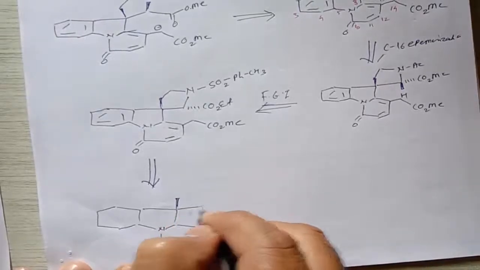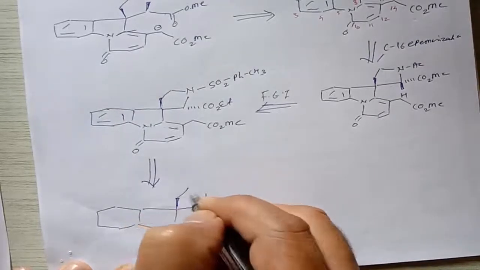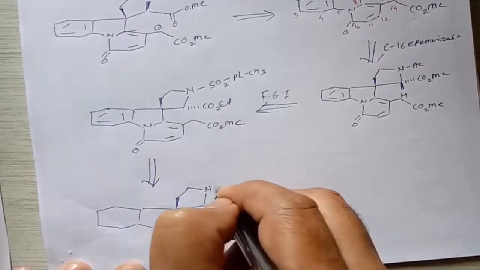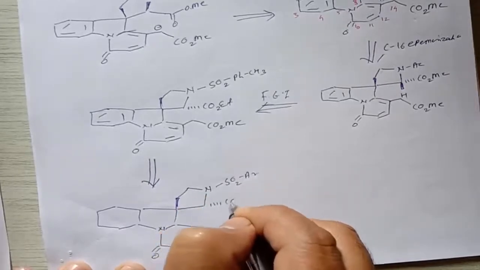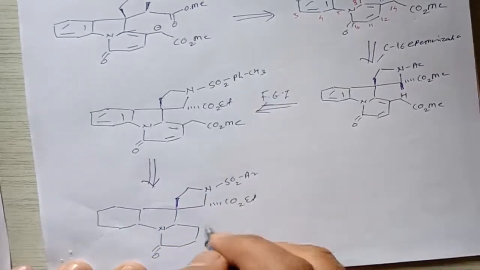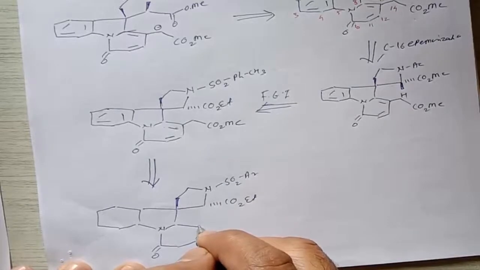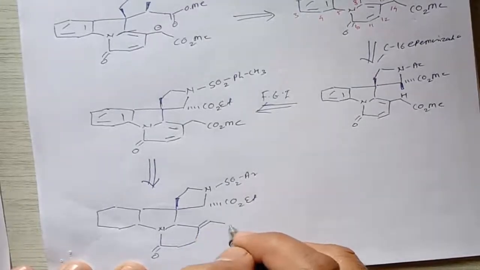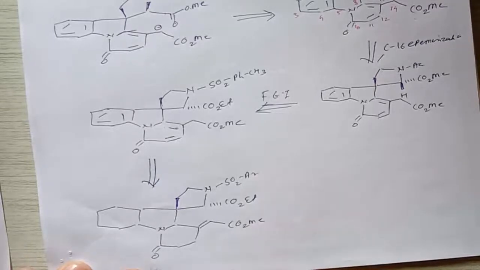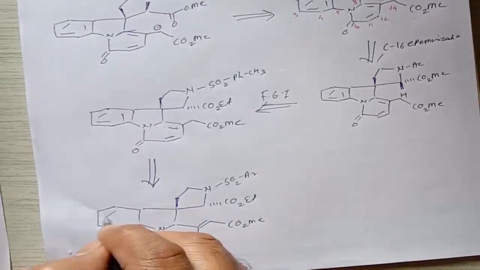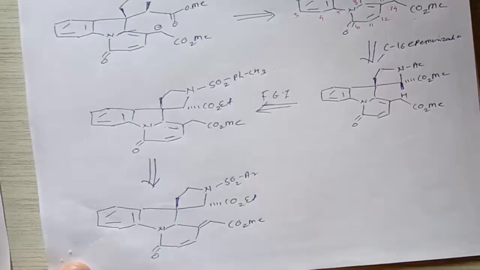So this is a 5-member ring containing nitrogen, and this is SO2Ar, then this CO2Et will be the same here, and then we can introduce a carbon-carbon double bond, and then it is a CO2Me, right? Then here is a double bond, so this aromatic ring also has a double bond, and this is called a lactam formation,